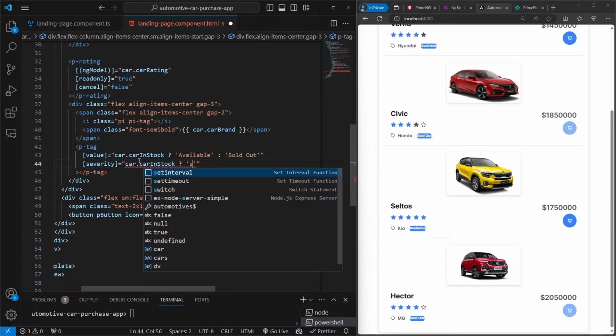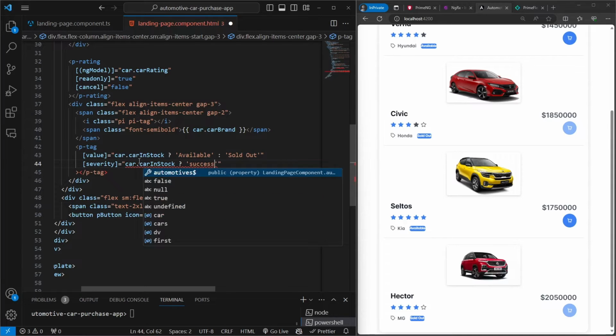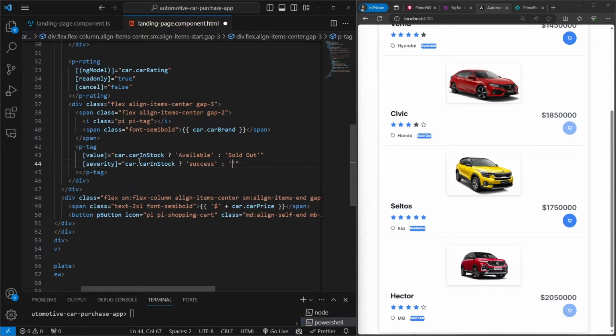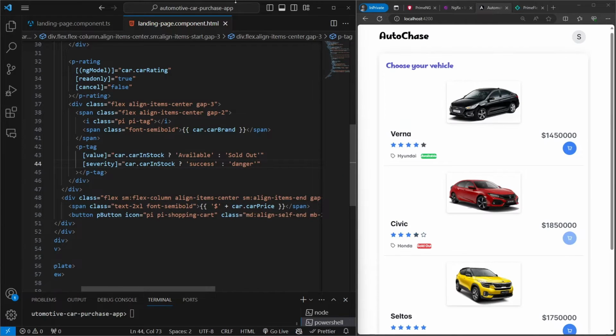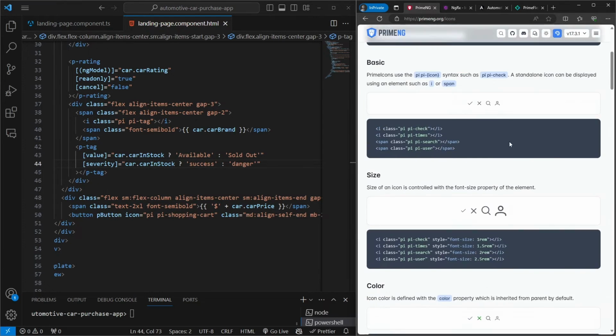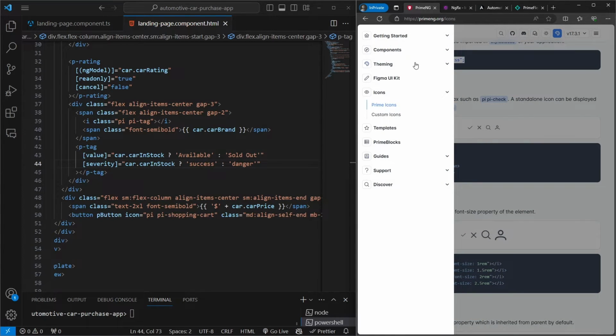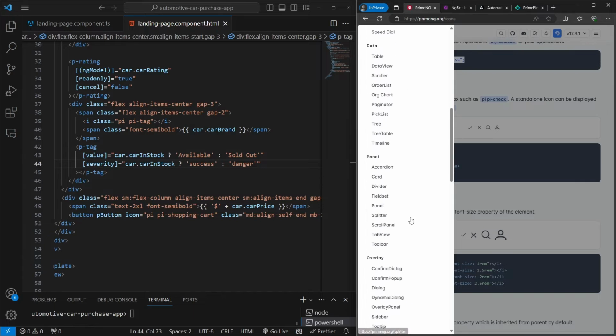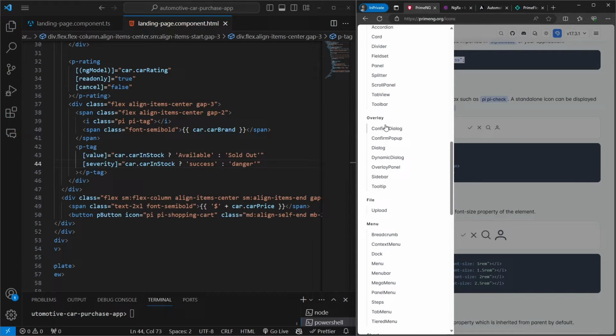Then I want to show the success badge, and if it's not, then I want to show the danger, the red one. So you can see available and this. Okay, so this is how I have now confirmed on this. And I also want to show one more thing. If you are not happy with the way things are looking,